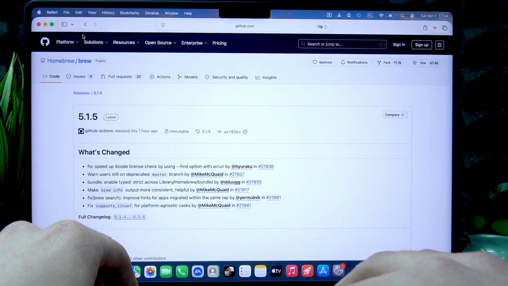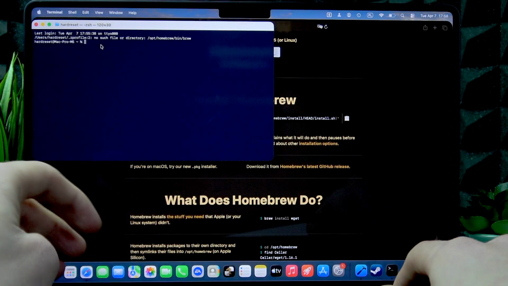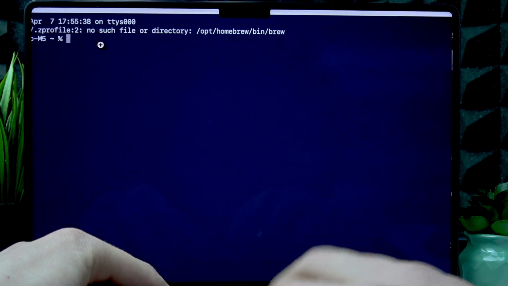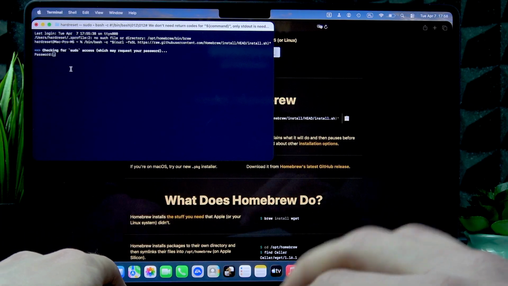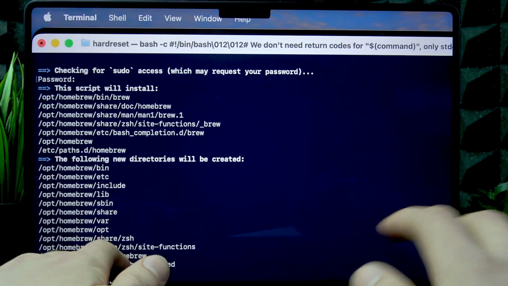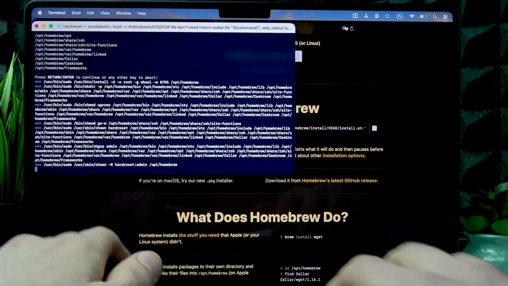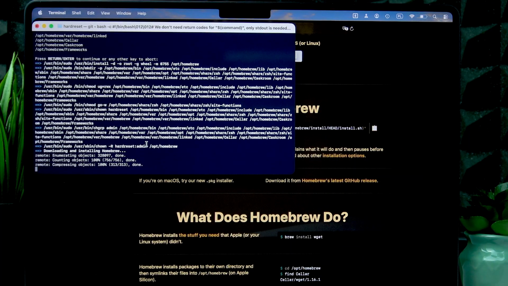After that, all you have to do is open terminal. So once again, open terminal, paste this string of code in here, press enter, and then you're going to have to enter your password. Just enter your device's password here and press enter, and after that press enter once again to begin the installation process. Then we're going to wait until Homebrew is downloaded and installed. And once it is, if it's the first time that you're installing Homebrew, most probably it will ask you to add